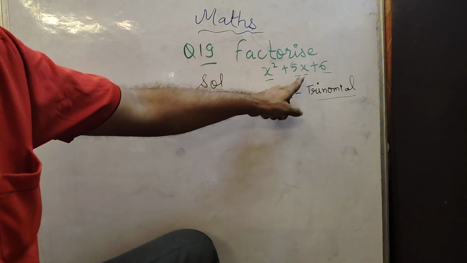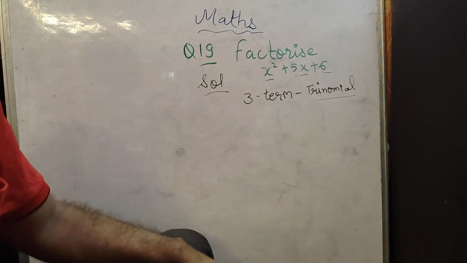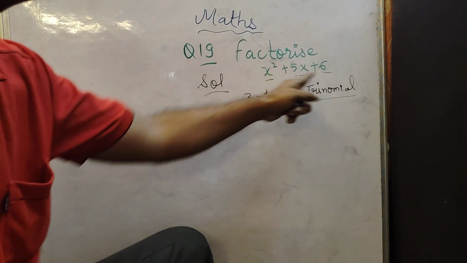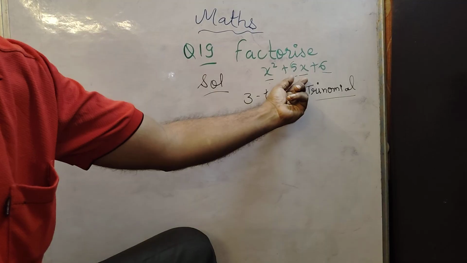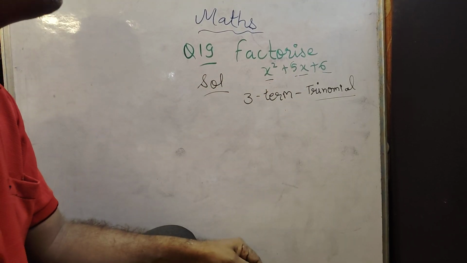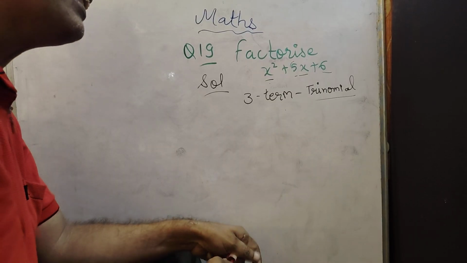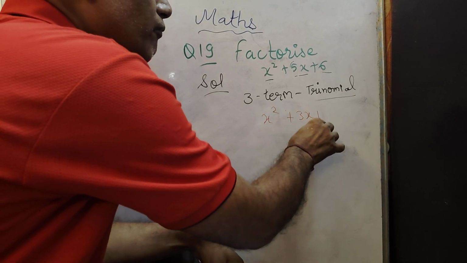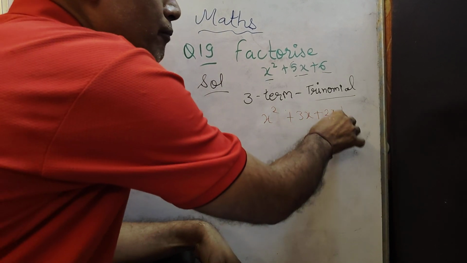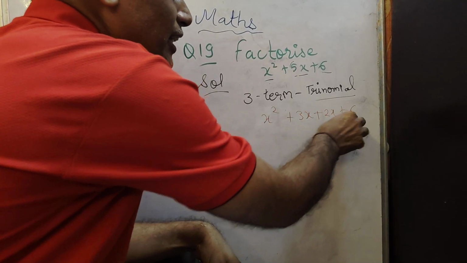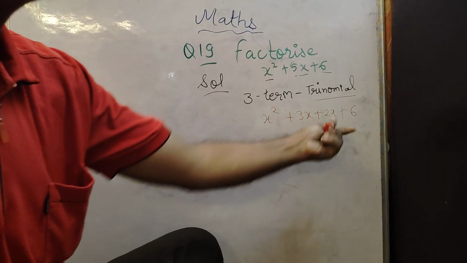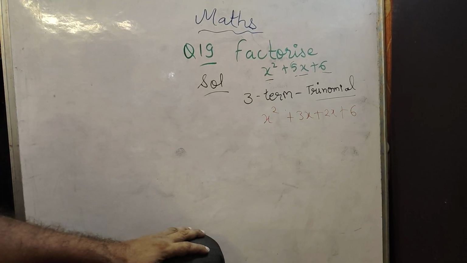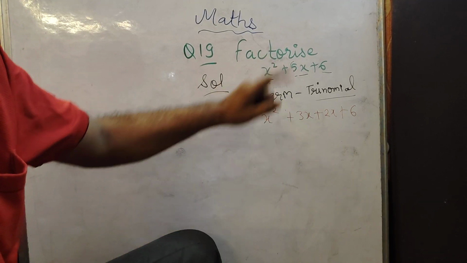Now we have to divide this middle term into two parts such that the product of the two parts gives us 6x square, and the addition of the parts gives us 5x. This is a very simple number. You can say 5x is divided into 3x and 2x. Its product is 6x square and their sum is 5x. So we write this 5x as 3x plus 2x, because this is called middle term splitting. Middle term splitting is used in factorization problems.